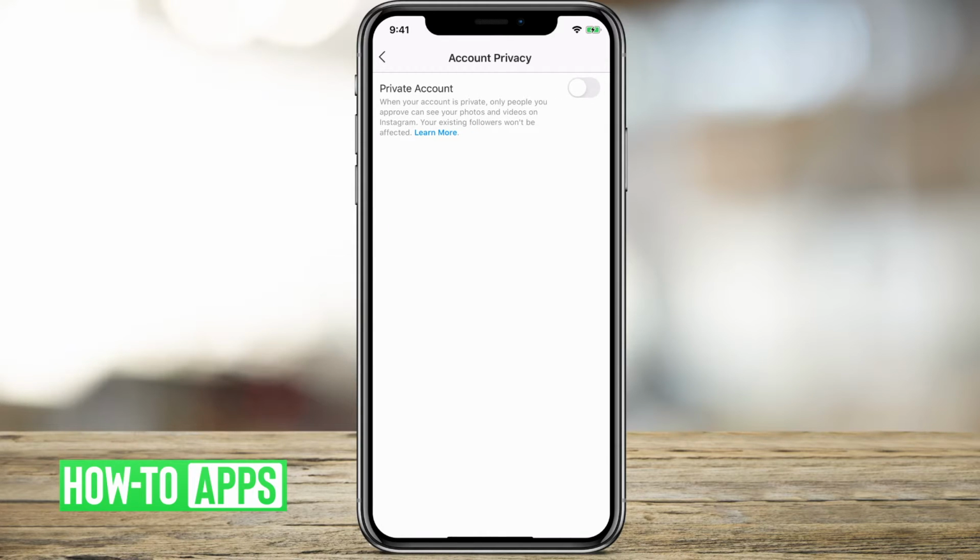So what you can do here is either set it to private or you can change it. Okay, now it's public. So you can toggle this on or off whether you want your account to be private or public. If it's turned off right now, then it's public. Anybody can view your profile or your videos, and anybody can follow you. So you can turn this off if you want people generally to be able to find you and to grow